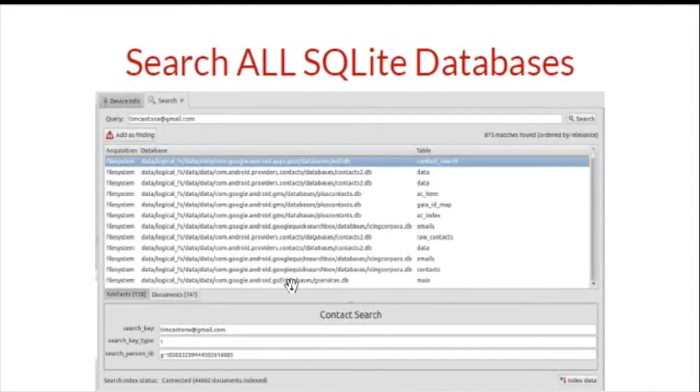Okay, so I've now flipped over to the Documents tab. This is actually in our upcoming version, which should be released this week. We now index data from SQLite databases. So if you're doing a file system extraction, there's potentially hundreds of SQLite databases that we don't necessarily automatically decode into artifacts right now, but we give you the ability to search within those and quickly